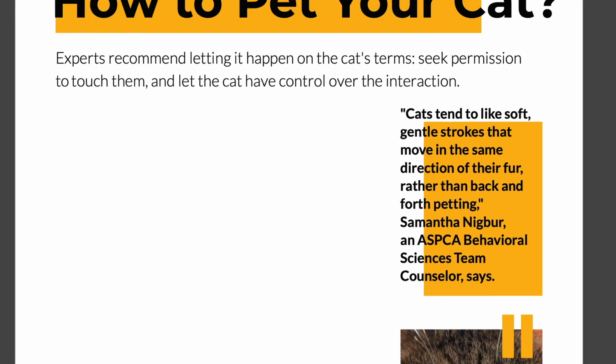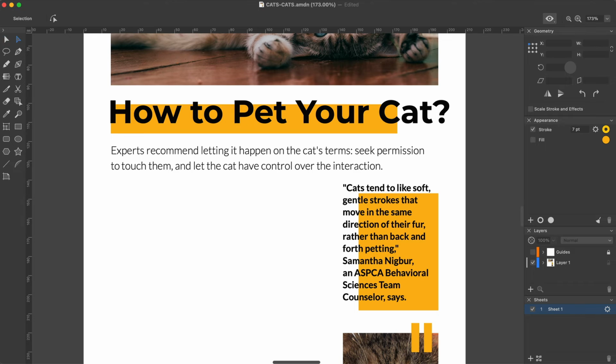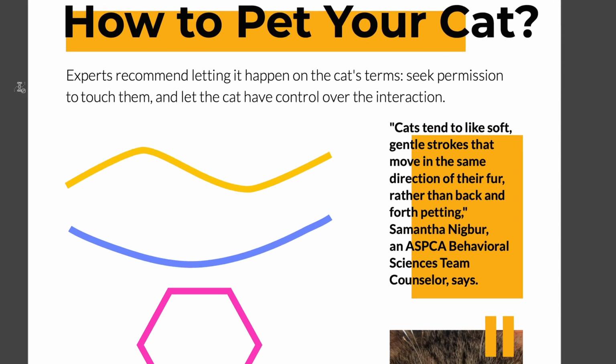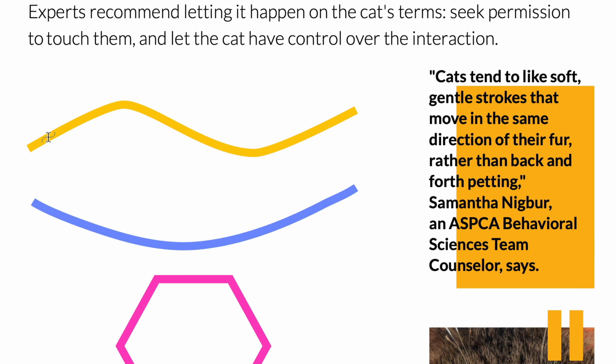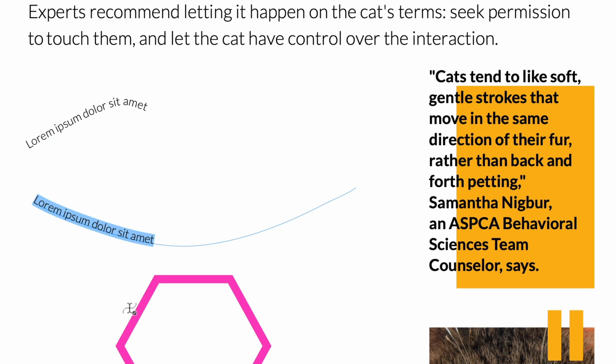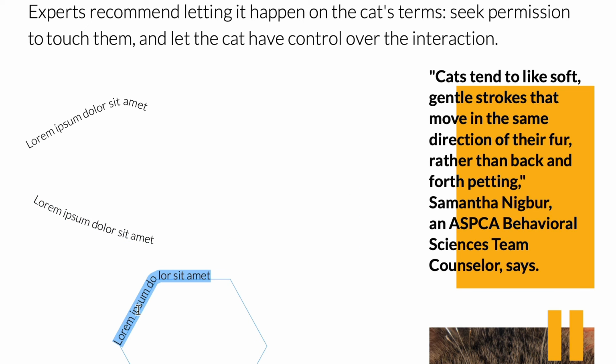The Text on Path tool lets us place text along any path, be it a line drawn with the Draw or Pen tools or the outline of a polygon. When we select the Text on Path tool and place it over the path, the cursor will change, indicating that we can then add text. Now we click. Whether your path is open or closed, the text will begin at the starting point of the path. The path itself will lose its fill, stroke, and other attributes if it has any.